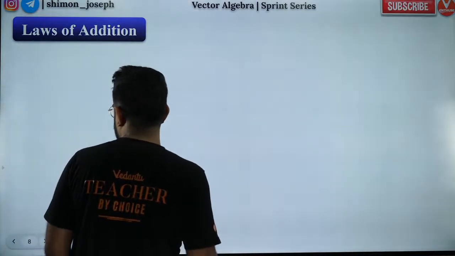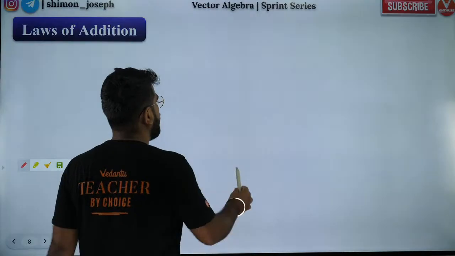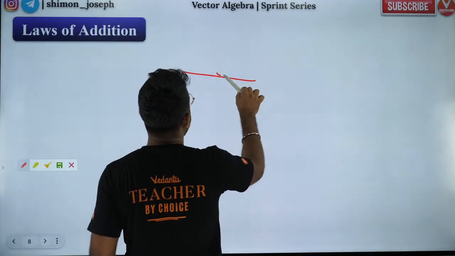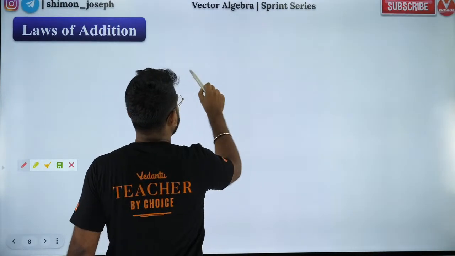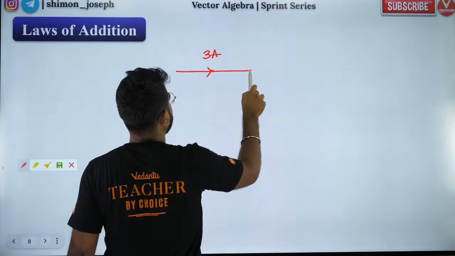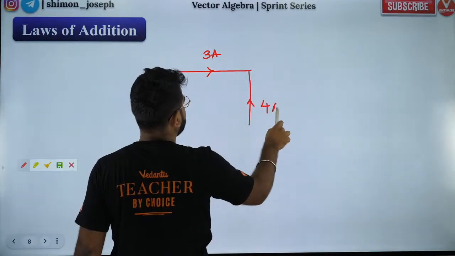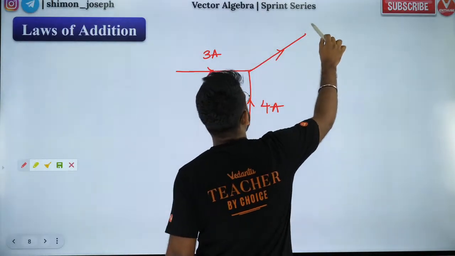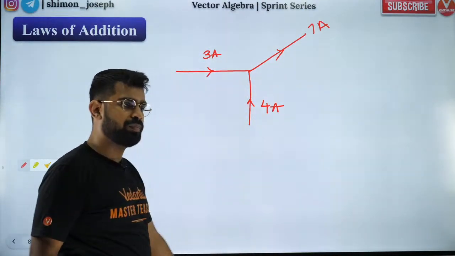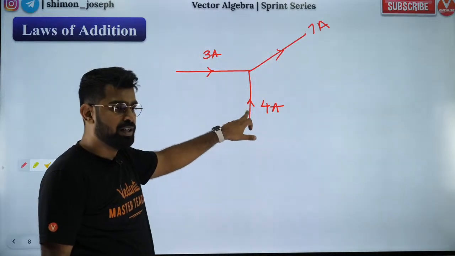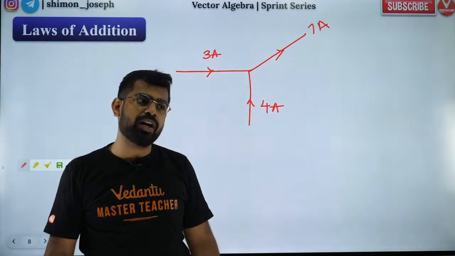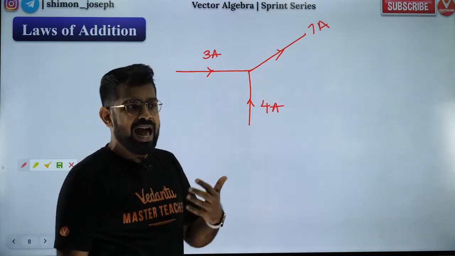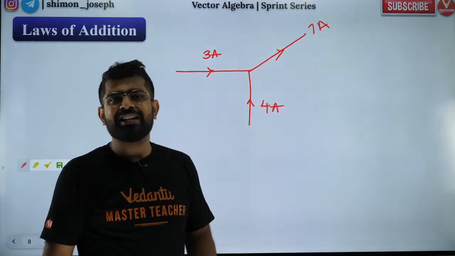Peaks of humility. Okay. So guys, why is current not a vector? Current is not a vector because it does not follow laws of vector addition. That means if you have 3 ampere current coming like this, and if you have 4 ampere current coming like this, then if you take another branch like that, how many will come out? 7 ampere will come out. Correct now? 3 ampere and 4 ampere will give outside 7 ampere because that is based on your Kirchhoff's junction law. So I'm sure you learned Kirchhoff's law in current electricity, right?